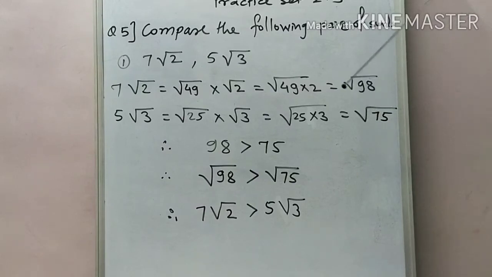So here also that order is same, and now we compare these radicands where we notice that 98 is greater than 75, means root 98 is greater than root 75, and it means that root 98, the value of 7 root 2, is greater than 5 root 3. Okay students,